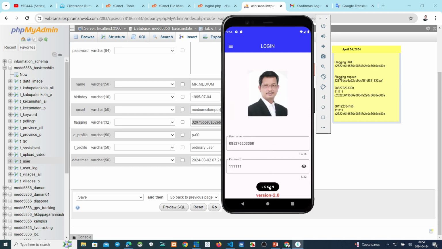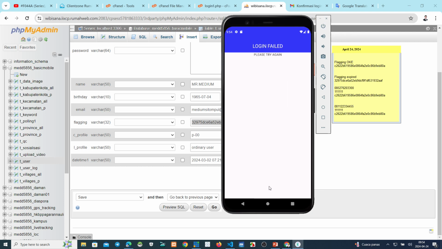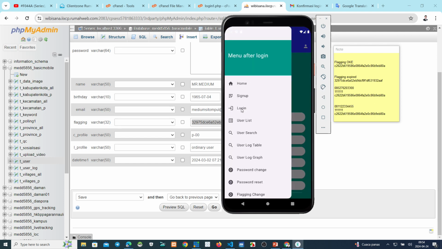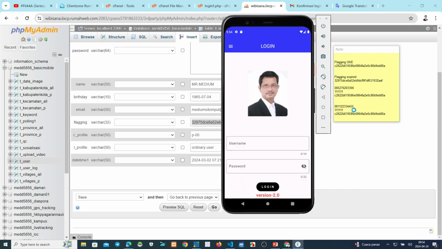Okay, we try to log in. Login failed because now the flagging is changed. Cannot make a login. This is the first example, and then we make another example to login.